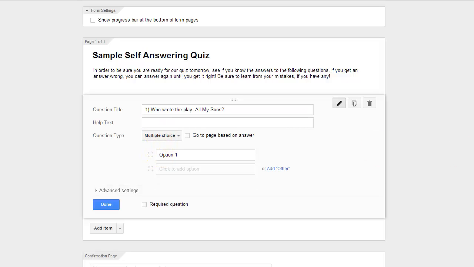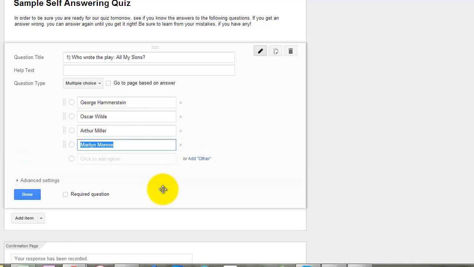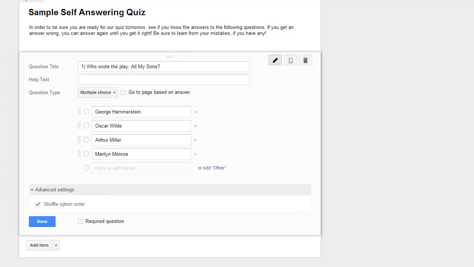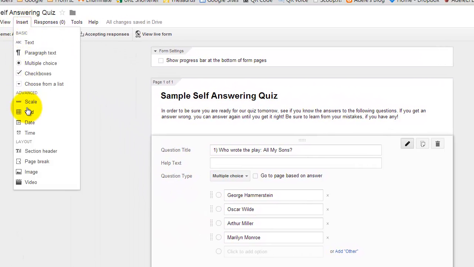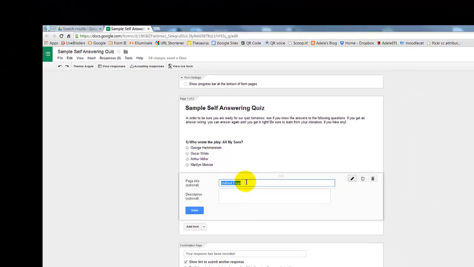We have a multiple choice question chosen here already, and as I showed you in the first video broadcast, I can copy and paste all of the answers in at once. In the advanced settings, if you want to, you can shuffle option order, and I don't think it's going to make much difference in answering the questions, but just know that that's an option. What we have to do now is we have to insert a new page. We insert a page break and we call it